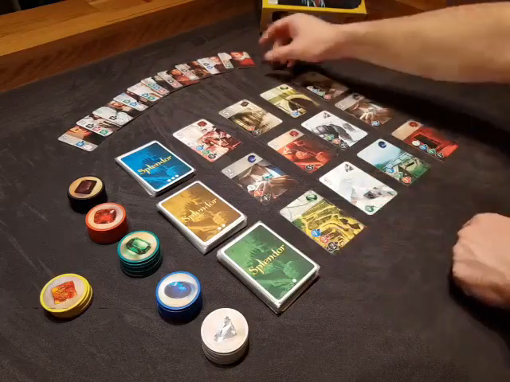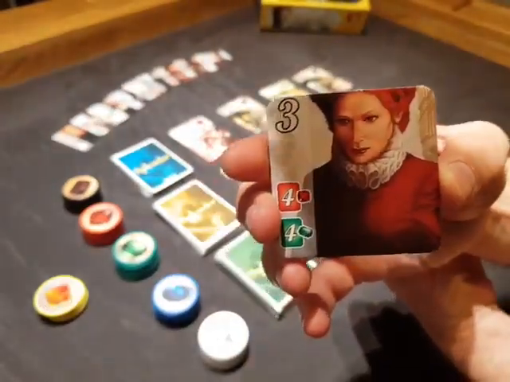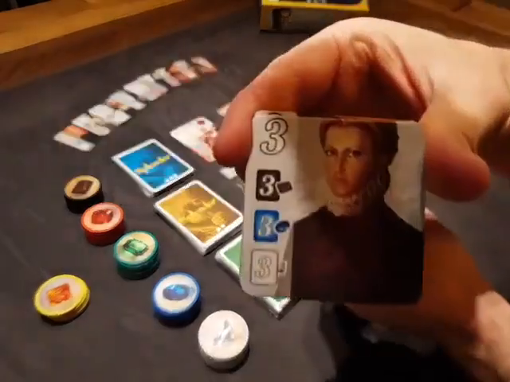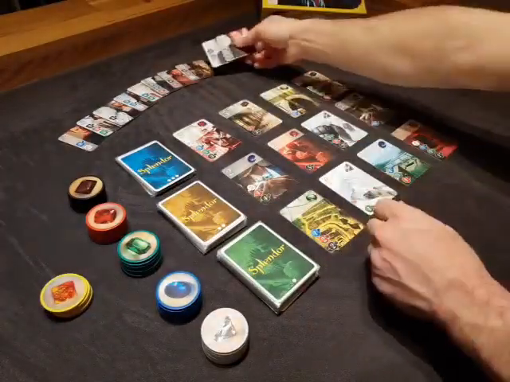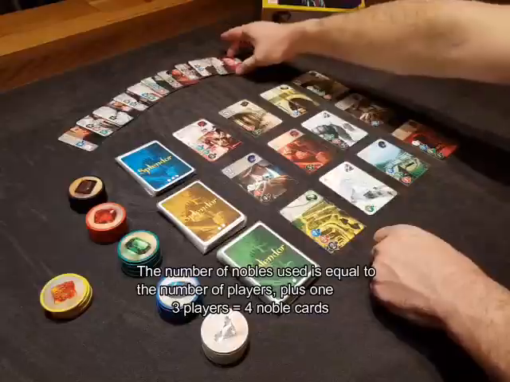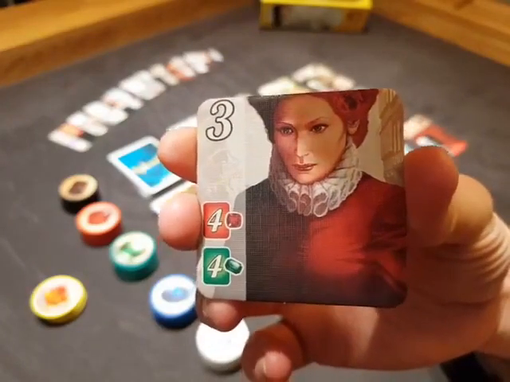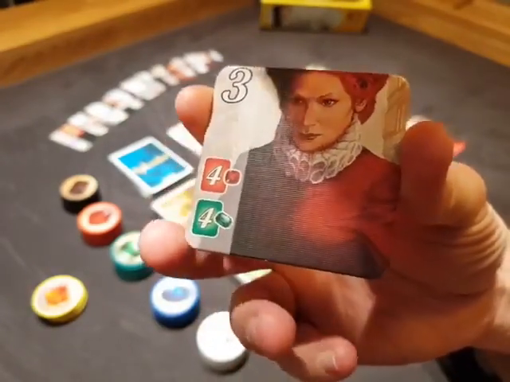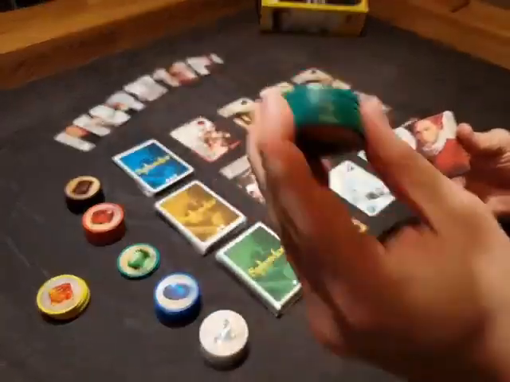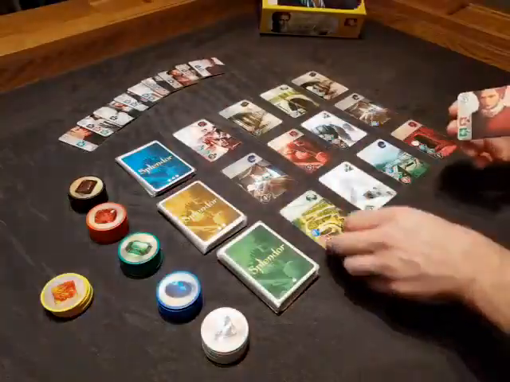And the last thing we have to look at are these nobles. These nobles all have different things that they are looking for. So they're all a little bit different, and we'll never play the game with all of them. But let's take this noble, for instance. This noble is going to be very impressed if you have 4 red ruby cards and 4 emerald cards. Not chips. She doesn't care if you have all the green chips. That's not what she's interested in. She wants to see that you have